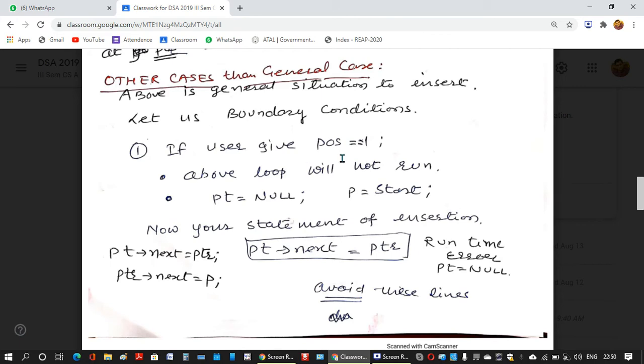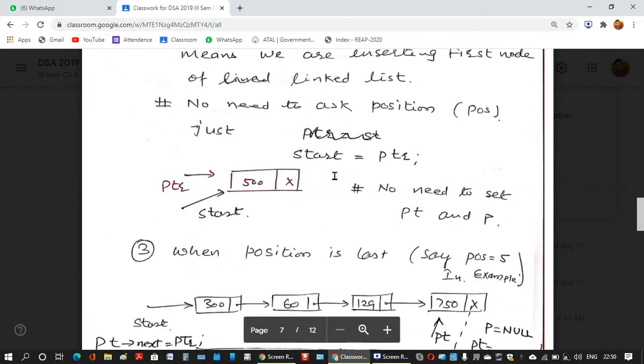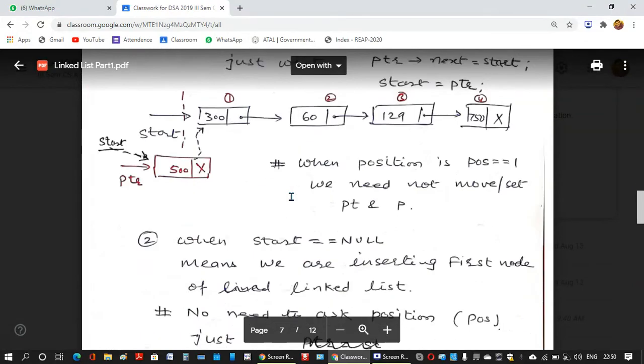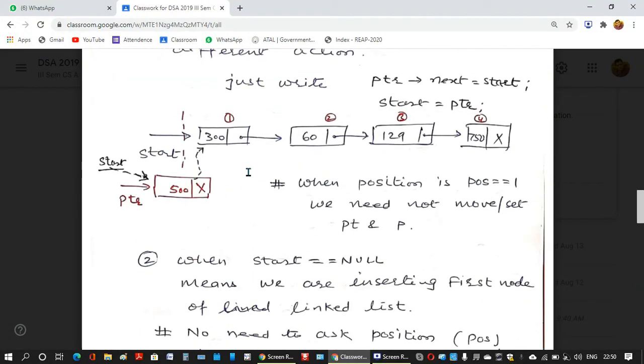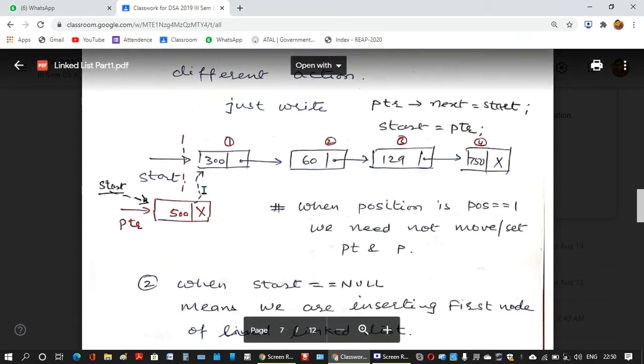So if position is 1, that means the user wants to insert the new node in the beginning. See what you want to do to connect this.